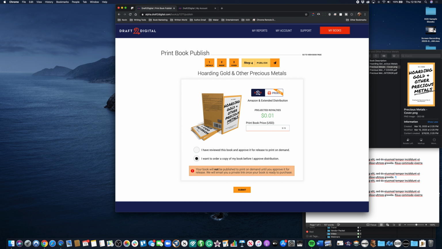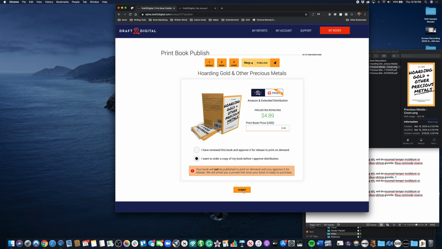So you have to charge a minimum of $5.15 to make any royalty, but this is the base cost of your book. That's just a little extra. So we're going to return that to $15.99, and we'll get to ordering the author copies in another step. But for now, taking a look, book looks good, price looks good, royalty looks good. We're going to wait to approve it until we've ordered a copy,